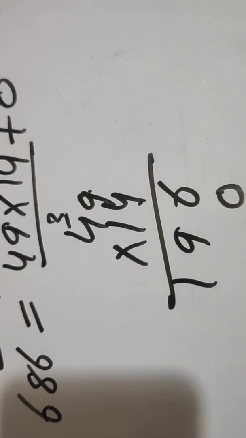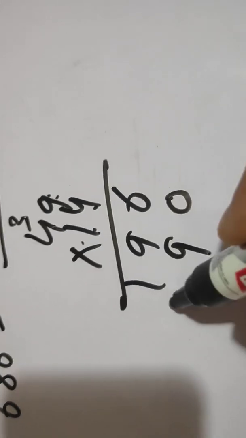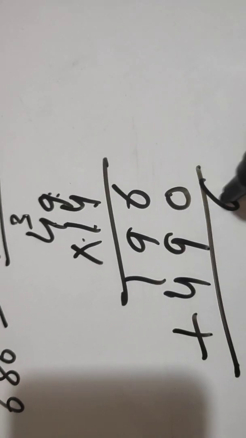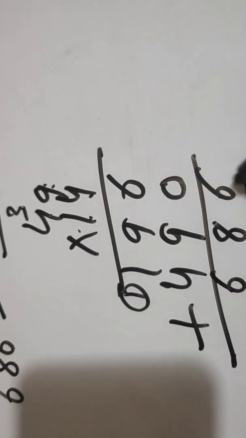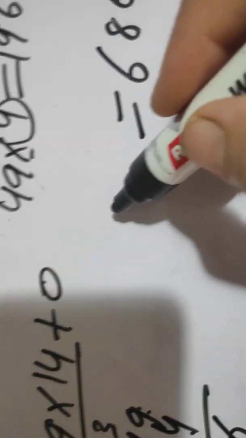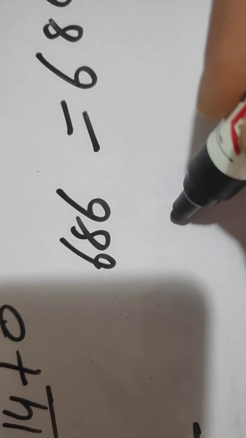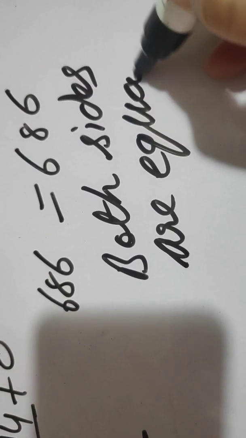So firstly 1's place for 0. Now 1 9 is 9. 1 4 is 4 and now we will add these: 6, 9 plus 9 is 18, 1, 4 plus 1 is 5 and 1 is 6. So the right hand side is 686. Left hand side dividend is already 686. Both sides are equal. So you will write here both sides are equal. Hence verified.